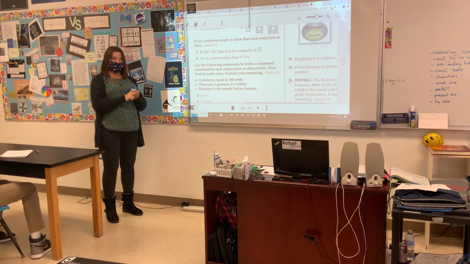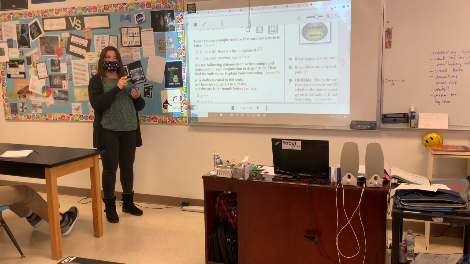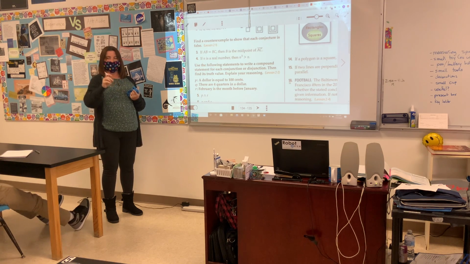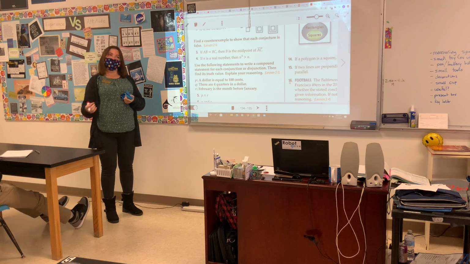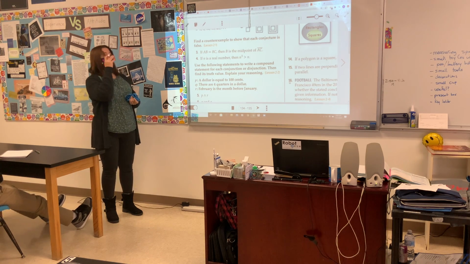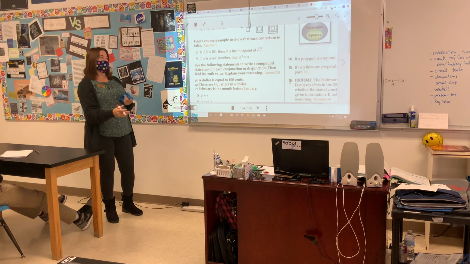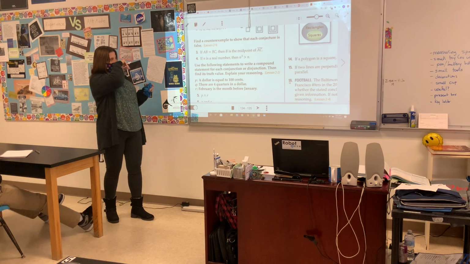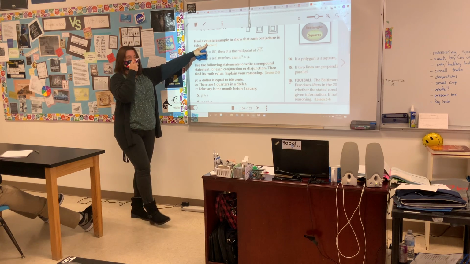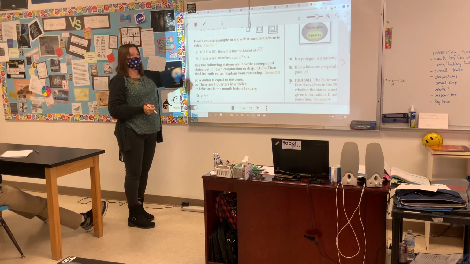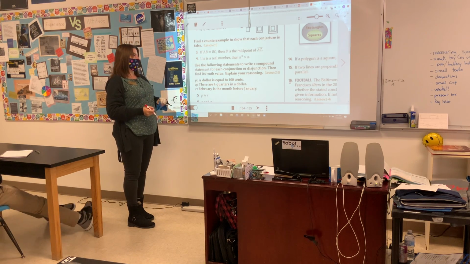So we know how to write conjectures. It's just explain how to follow the pattern to find the next term. Okay, and actually do that second part, find the next term. Do both. In this case, provide one example that goes against what they state to prove that this is false.